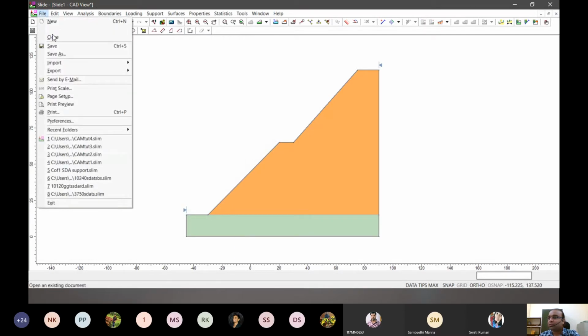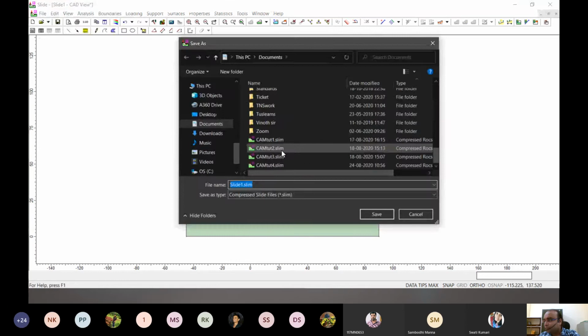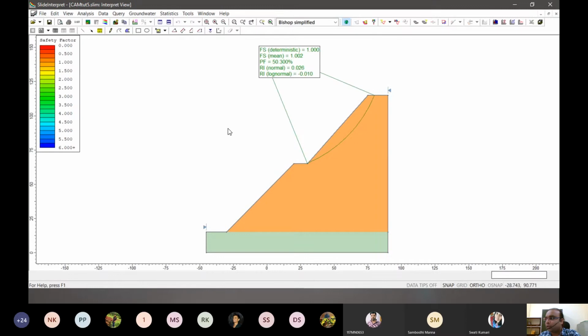Click OK. Let's save this as 5 and compute it. Very quickly it got computed; we didn't even see. Now we can interpret using the interpret tool. The main thing is how things are coming.